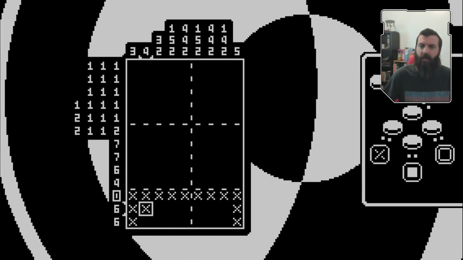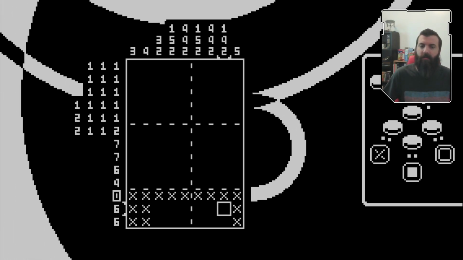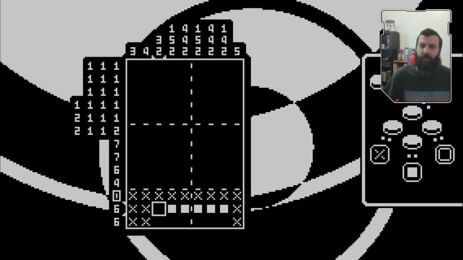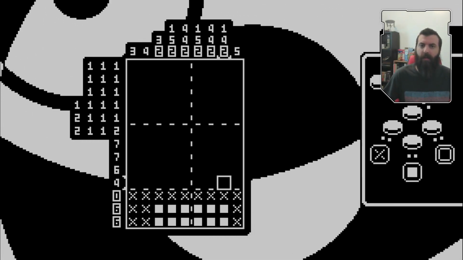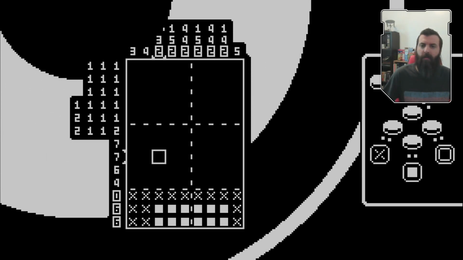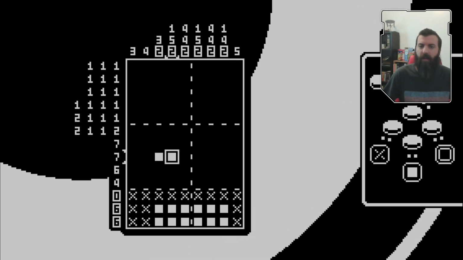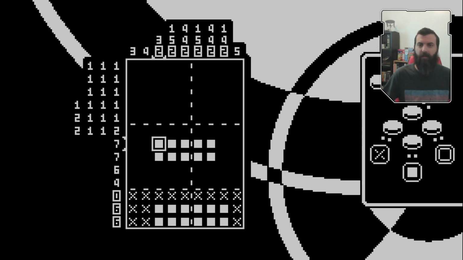Fit a 4 here. That leaves 6 pixels open for the horizontal. Let's complete out a bunch of 2s across the bottom. We've got a couple horizontal 7s at only 9 pixels. That means pixel room. That gives us